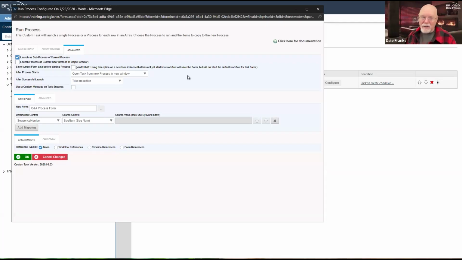So in this case, I want, on my routing slip, or at least have the option on my routing slip, to track all of the questions that are asked as part of the sub-process, so that when I'm looking at my routing slip, I can see who asked questions and who answered questions and when those questions were asked and answered. I can track that on my routing slip as part of the main process, should I choose to do so.